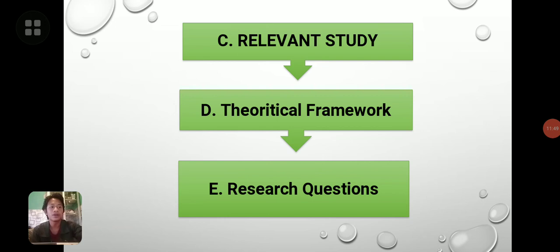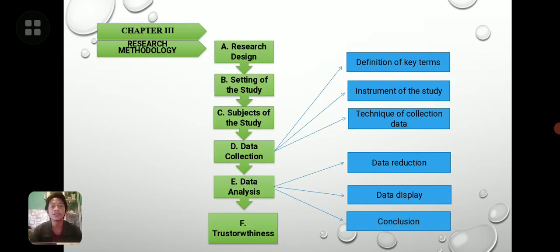Okay, the next is chapter 3, research methodology. The first is research design. In this research design, there are descriptive research and qualitative research.